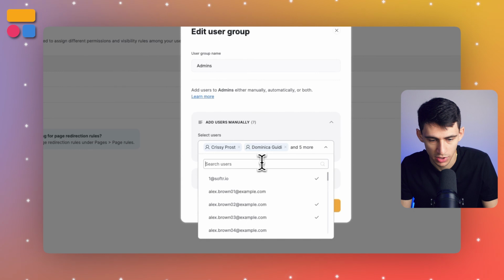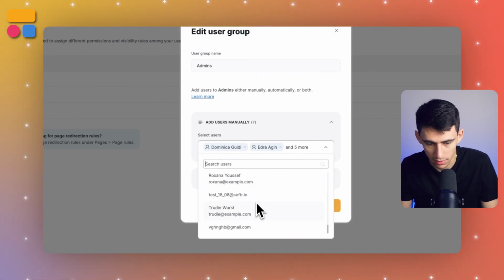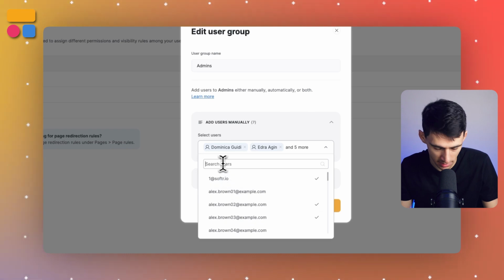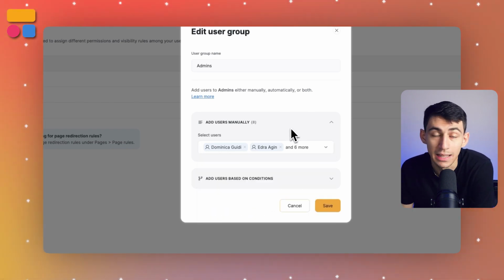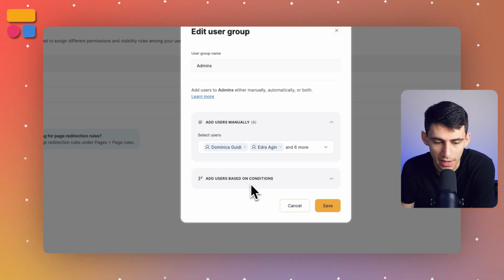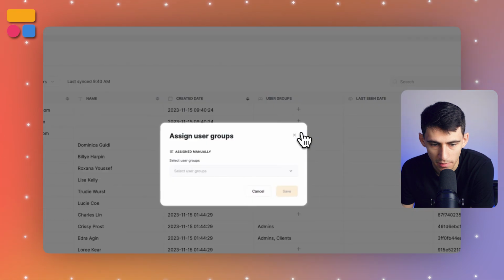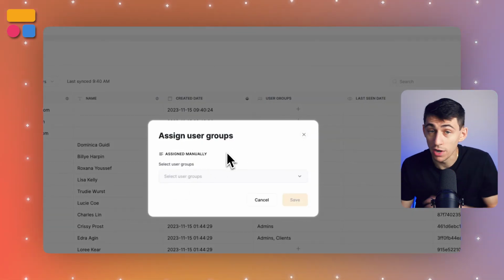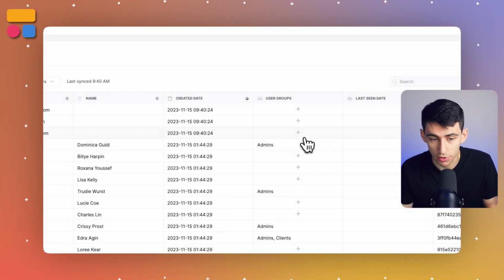You can also search. Like if I had searched for Chrissy, I could then add her. So like right here, if I'm at the top and go Trudy, type that in there. That is a lot easier in my opinion than going and manually adding them in the other direction by clicking on them and then selecting the user group. Whichever one that you prefer, totally up to you,